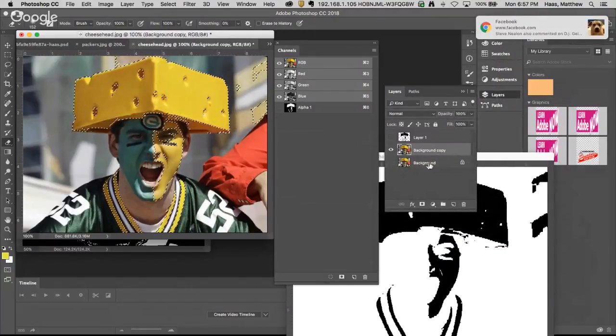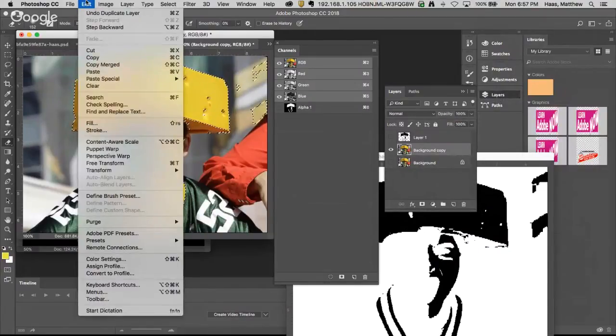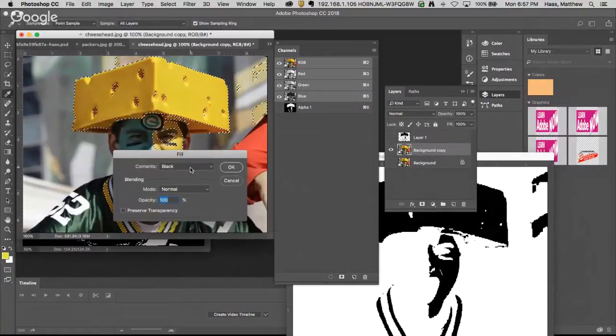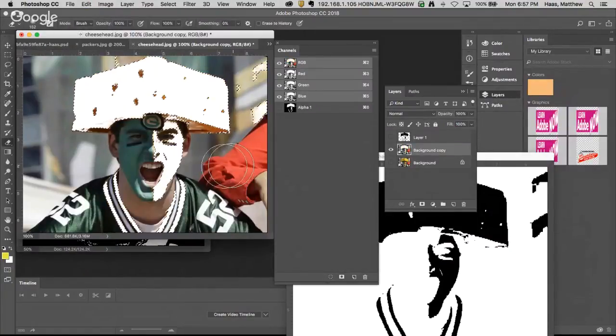And I'm going to hide the original. So now I'm just going to be playing on a copy. And let's just fill with white. Call it the fill dialog box, Shift F5, fill with white. Okay, so now